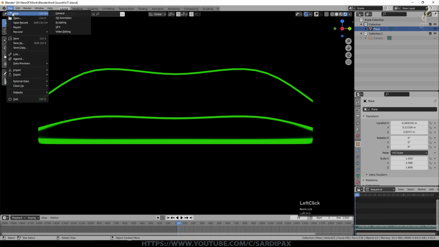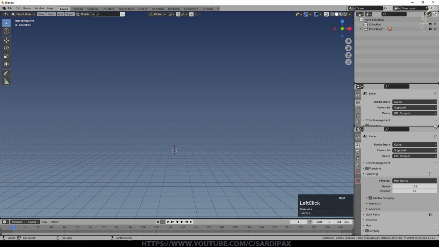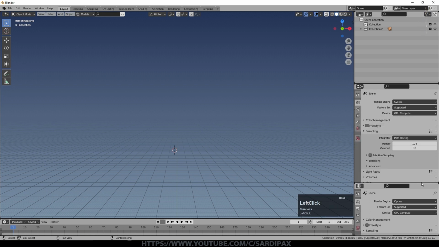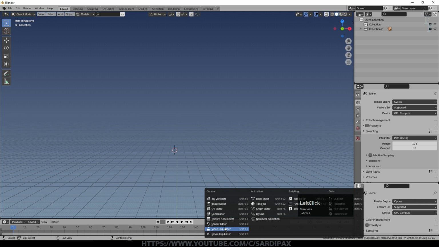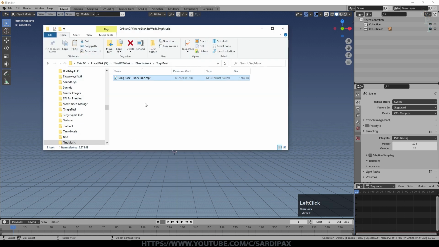So we'll start a new Blender screen, and to begin with, I'm going to open another window. So I'm going to come up to here, and I'm just going to pull this down so I get another window here, and I'm going to set that to the video sequencer, because it's obviously useful to actually hear the sound that I'm working with. Then I'm going to open a folder up where I've got some music, and I'm just going to drag that into the video sequencer window, and you can see it appears down there.